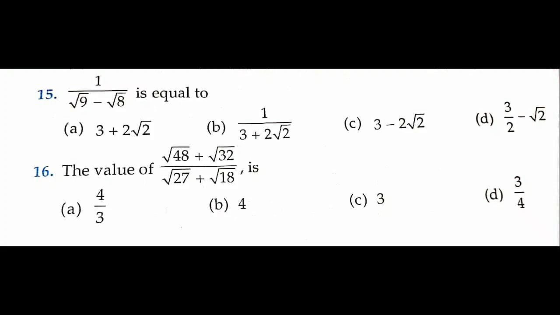Now let us consider one more type of question: the value of root under 3 minus 2 root 2. In this case, we can express 3 minus 2 root 2 as root 2 minus 1 whole square. Observe it carefully. If we find the square root of it, the square will be cancelled, so we are left with root 2 minus 1. So the square root of 3 minus 2 root 2 is equal to root 2 minus 1. That is answer A, right in this case.